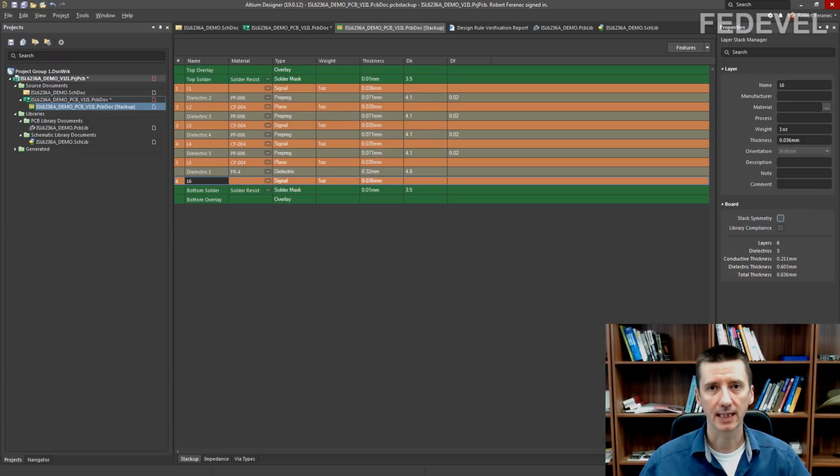When you will be using Altium Designer professionally, then you will probably also be talking to your PCB manufacturer, and once you get the exact stack up from your PCB manufacturer, then you may want to adjust all these other values. But for our very simple project, we don't need to change these values. We only needed to add these layers, so we only created a very basic stack up. It's fine, that's everything we need. Don't forget to save the stack up and go into our PCB.